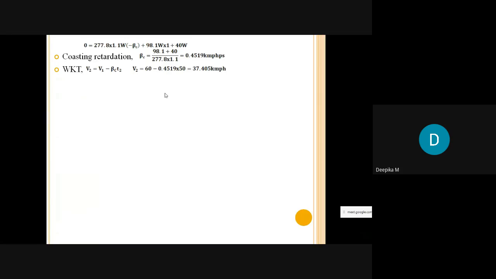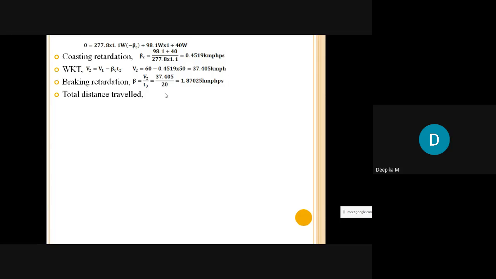So V1 we got to know easily, it is nothing but alpha into T1, but to calculate V2 we have to know the braking, that is the coasting retardation beta C. Hence we have calculated the coasting retardation also. Next, braking retardation we don't know. To calculate it, beta is nothing but V2 by T3. Hence it is